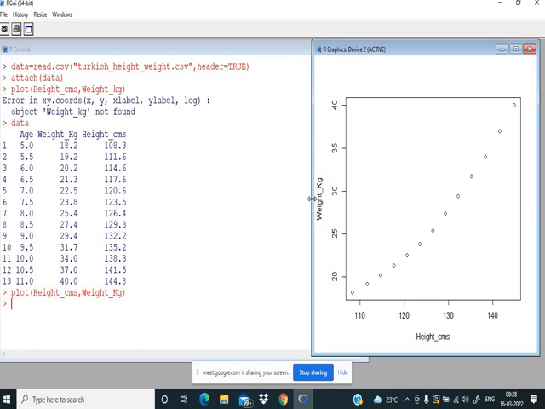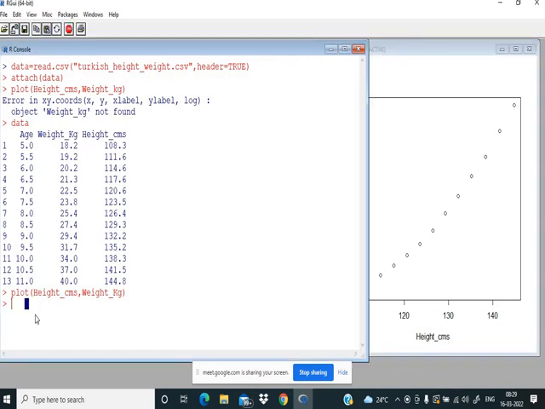Now I want to bring some changes to it, but first I require a graph title, and I also require to change the x-axis label and y-axis label by giving a suitable name, not just the name of the variable. So I press the up arrow on my keyboard, and I get the basic command back. This is the plot, and then we give a comma, then we write main, that means this is the main title, then equal to, then within quotes,